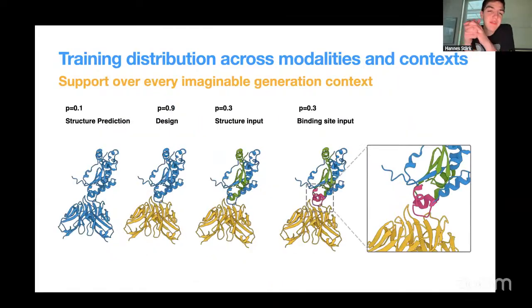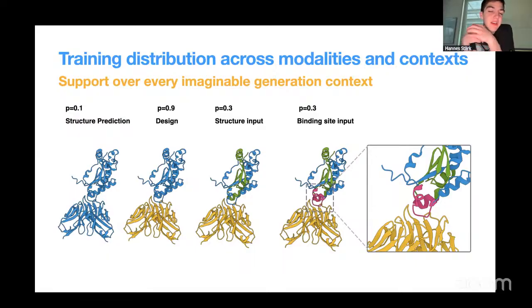And then we train with multiple possible tasks on that substructure, where first, for example, in blue, we're just predicting its structure. The model gets the sequence as input. There's no design going on at all, and the model just predicts the structure of the protein, the 3D coordinates. Or sometimes we train with a design task, where for the blue area you get the sequence as input again, and please predict the structure. And for the yellow area, you do not get any sequence as input, and please produce this new 3D structure